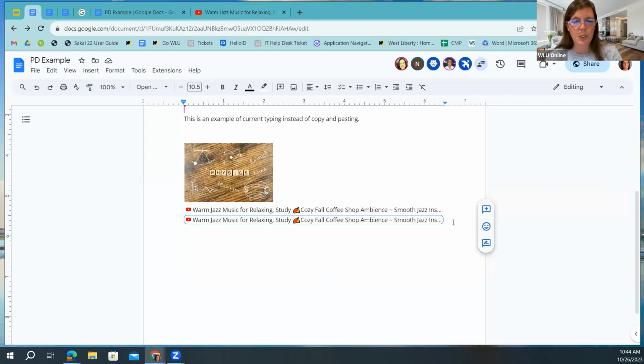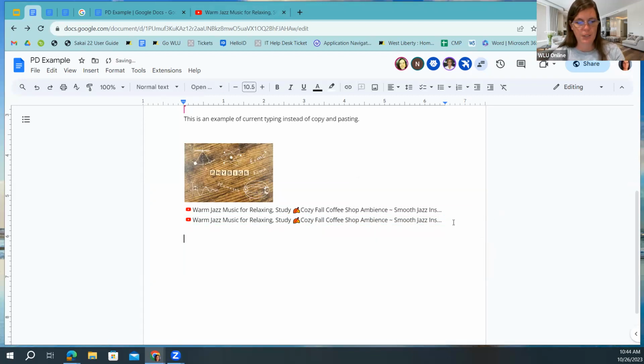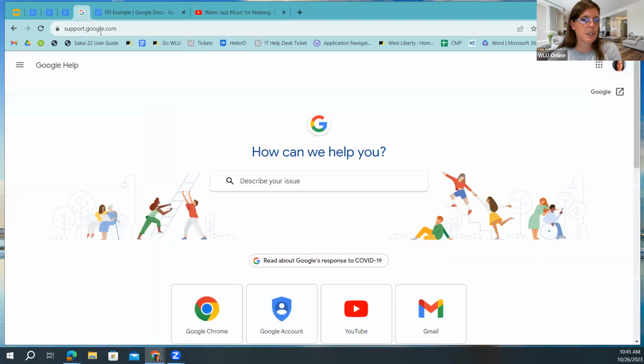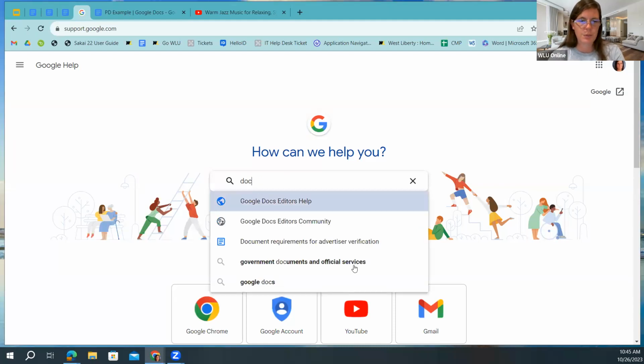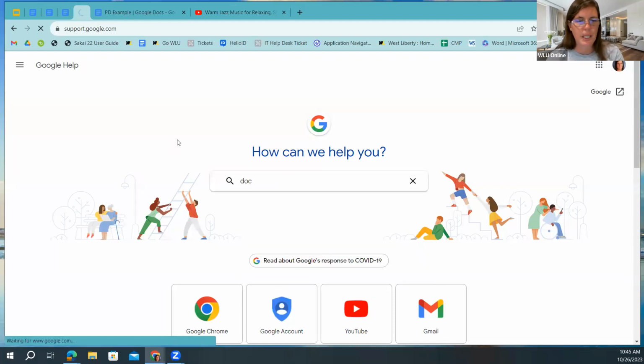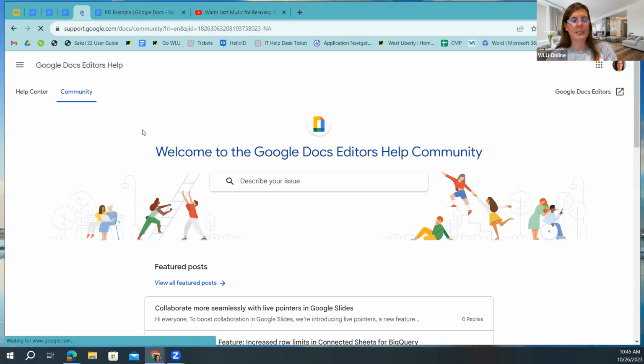The last thing I do want to show you is just how to hyperlink. So here, I'm going to write Google Doc support, and I'm going to go to support.google. What I want to give you is Google Doc support. So if this is a link that you want your students to go to,